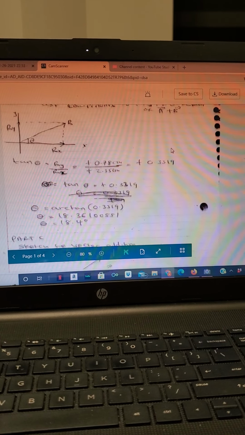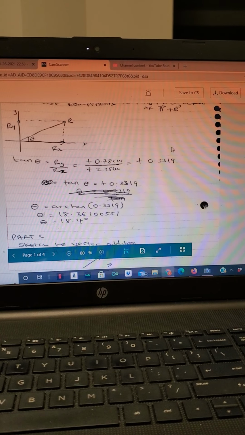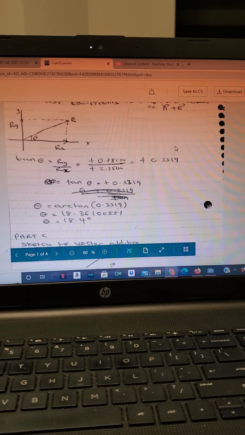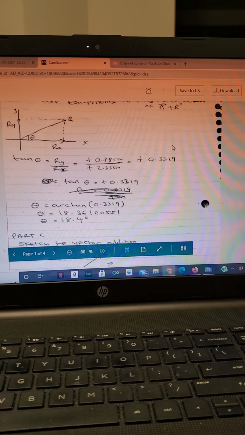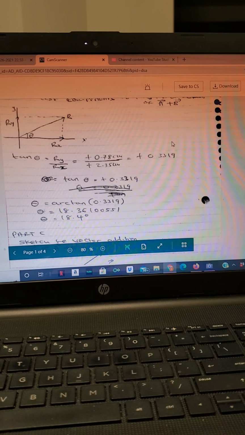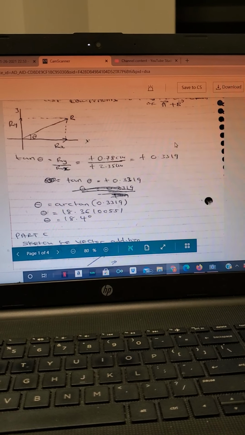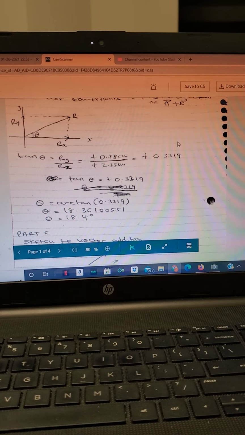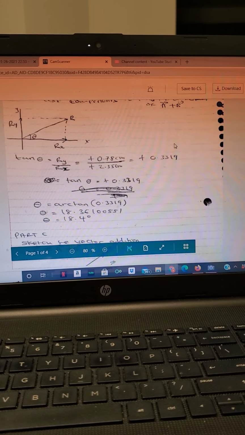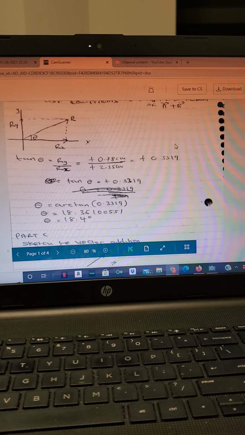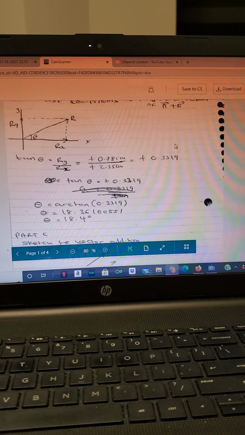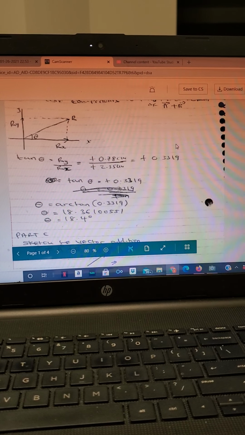Since we have the angle theta in the first quadrant, tan theta is RY, the opposite, over RX, the adjacent. So I have 0.78 centimeters divided by 2.35 centimeters,